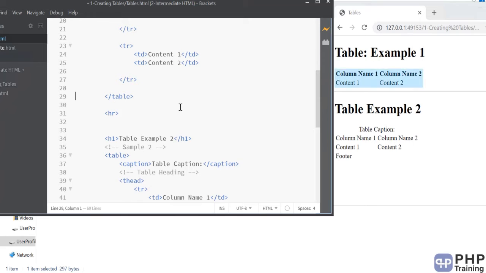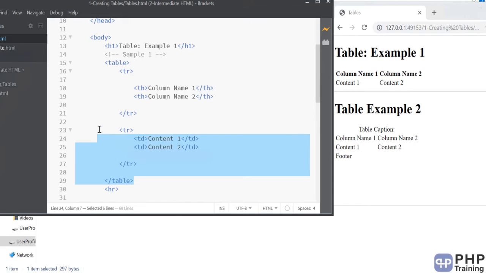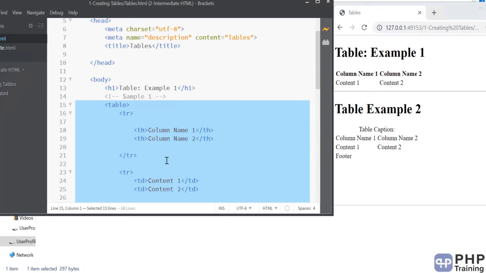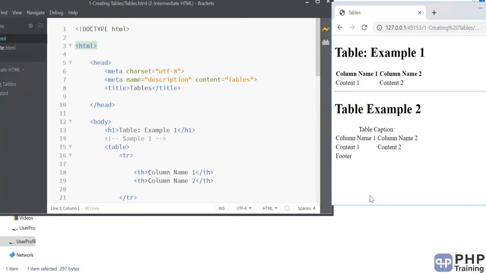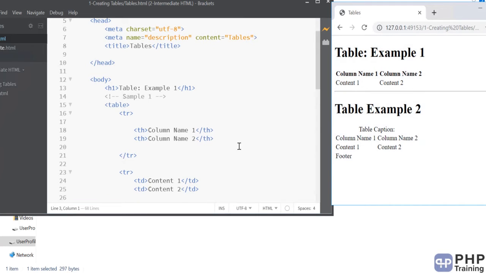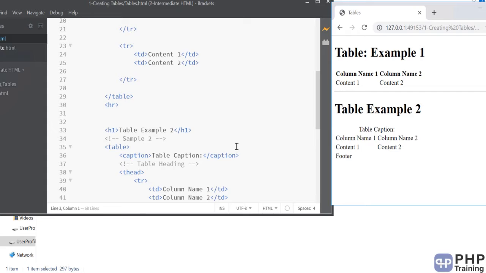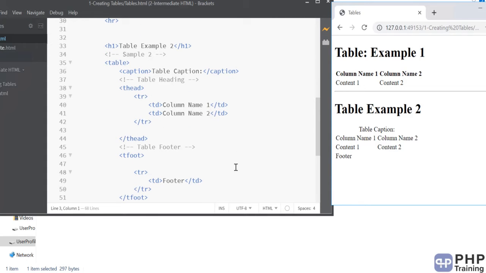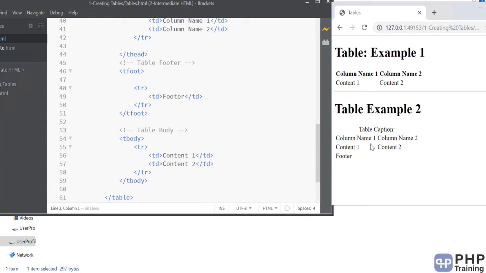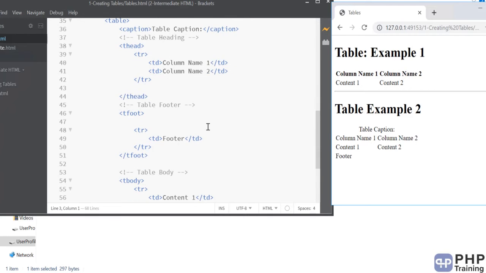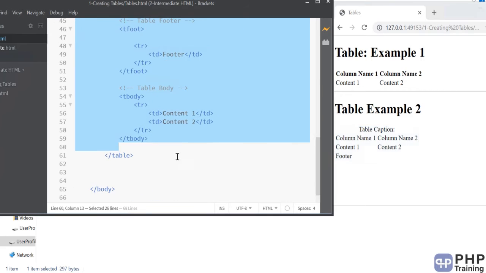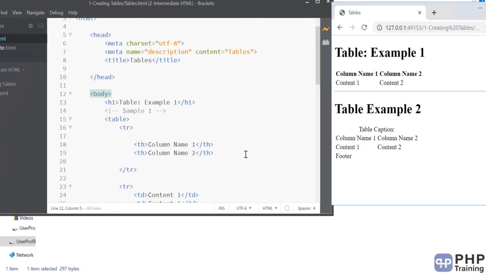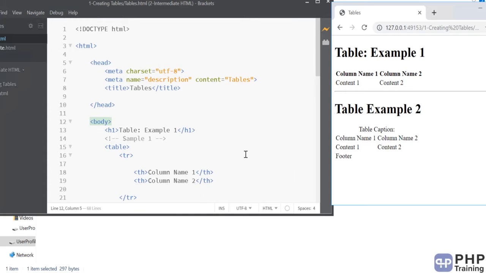So it's up to you how you want to write it, but typically I tend towards writing simple tables because the other way has too many things inside. And it's simpler to read as well because you have the heading and then you have the columns. But if you want a table where you have a caption, a heading, and a footer, and you have to differentiate between the heading, footer, and the body, then these kinds of tags will help you achieve the same table. All right, so that's all about how to create tables in HTML.